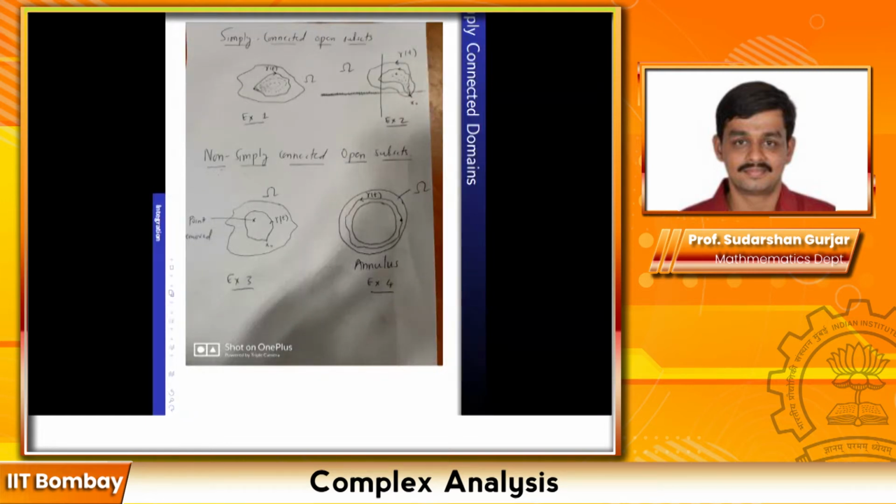And then, as I have explained using dotted arrows, for example, in the first case, you can convince yourself that gamma can be continuously deformed to a point, and that deformation I have explained through dotted arrows. So I have gamma, then a smaller curve gamma 1, then an even smaller curve gamma 2, and finally I will just have a constant curve. I can continuously deform gamma into a point. Same is true in the second example. This gamma can be continuously deformed to a point, and I have diagrammatically explained that. And so these are two examples.